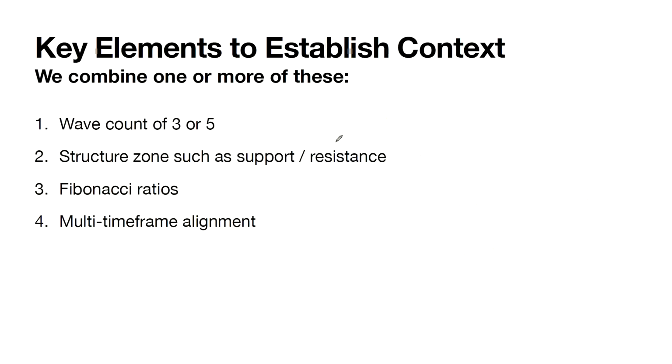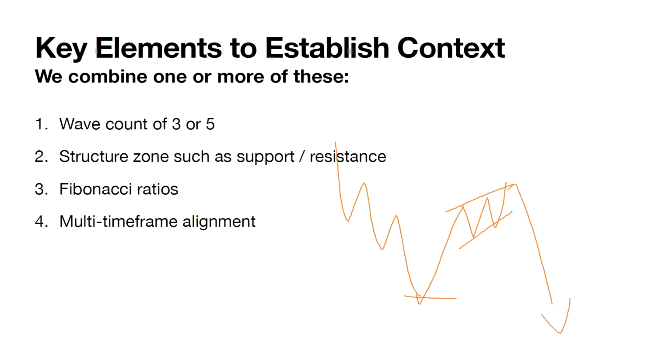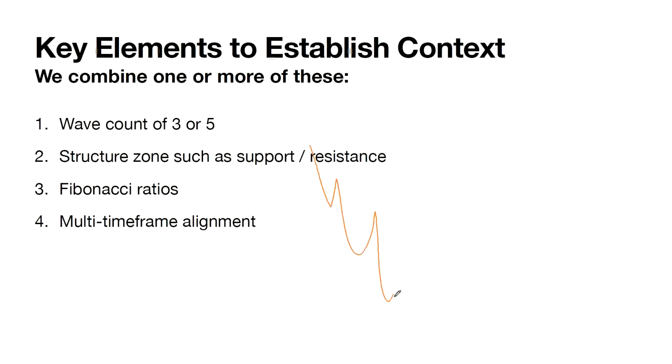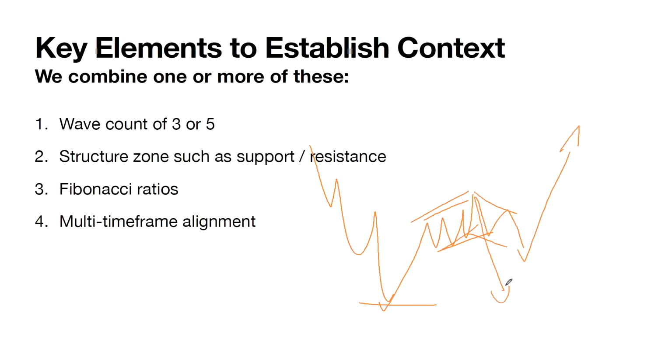Same thing for a crawl. If today the market came down and forms a push up here, and then this forms a crawl, this crawl is not something that you expect to go all the way down. Why? Because again, we expect the market to move in 3. Let me erase everything. If the market came down and you form a crawl here, the expectation is this will probably just pull back and we expect one more push up. So if we see a crawl here, we will not be aggressively selling it, because that's not our expectation. So that's what we use for wave count.